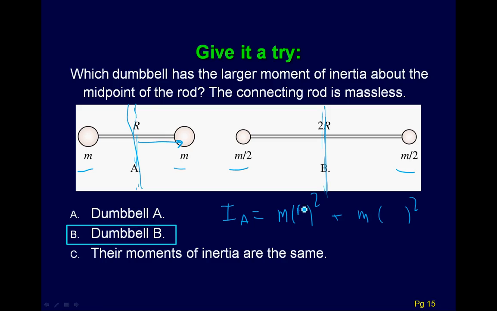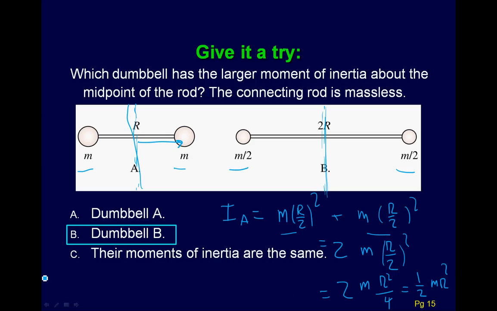And so this would be r divided by 2, r divided by 2. Since it's the same piece being added twice, I'll just do 2 times m (r divided by 2) squared. And when I'm all done with that, I get 2 m r squared divided by 4,